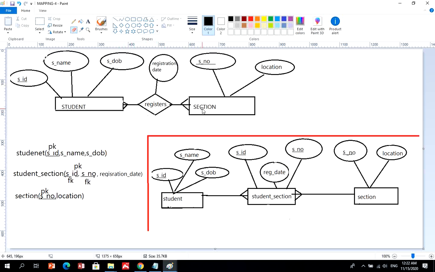Section and registration date of the section. That means when this section has been registered on it. So that's why it is best represented here as an attribute that belongs to this relationship, which is called a relationship attribute. So we put it here, because in all cases this entity relationship diagram will be converted into 3 relations, not